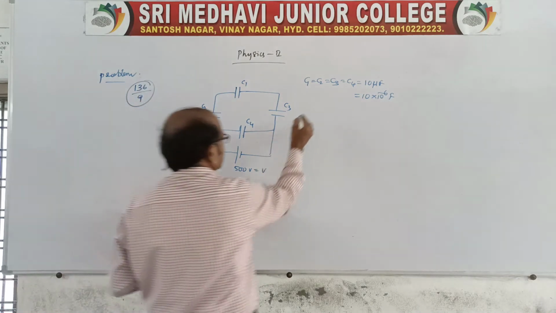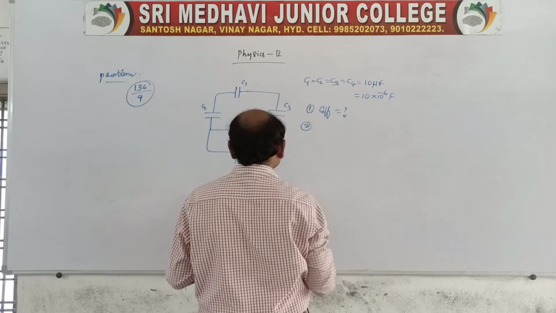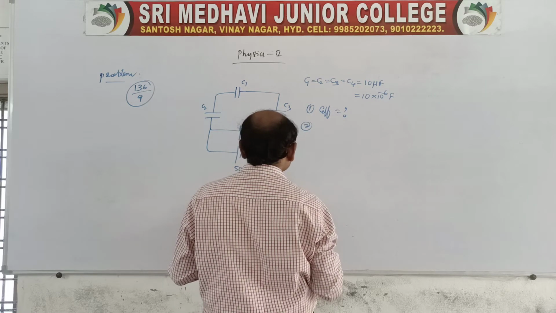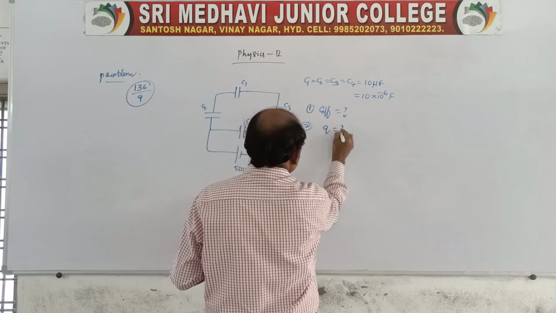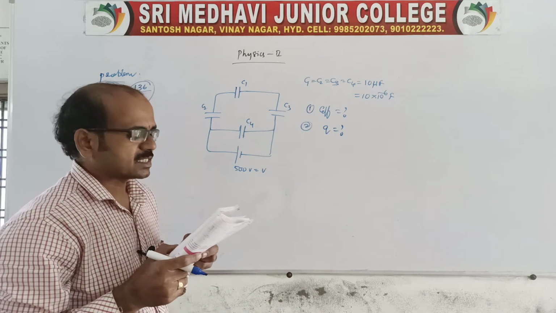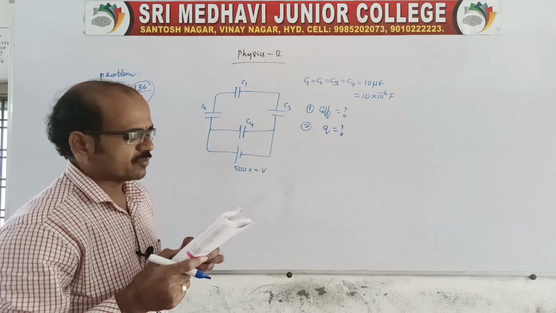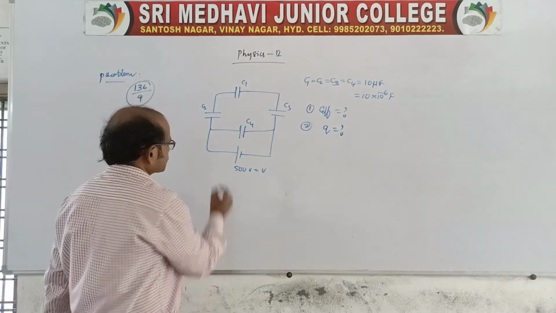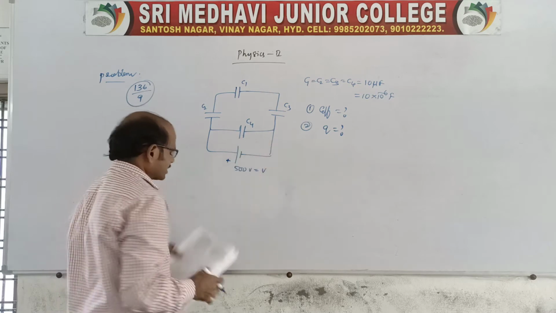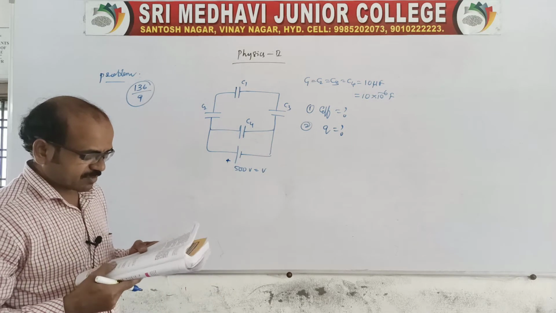The first one is asking for the effective capacitance. The second one is the charge on the capacitor, that is, the charge on each capacitor. Note, the charge on the capacitor is the charge on the plate with the higher potential, equal to the positive charge. Of course, we know one plate is connected to positive and the other to negative, so there will be a distribution. It is not required, we can take it directly.